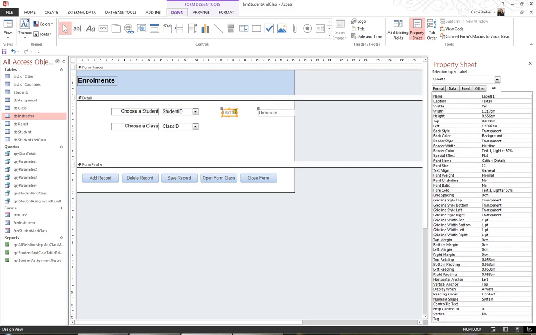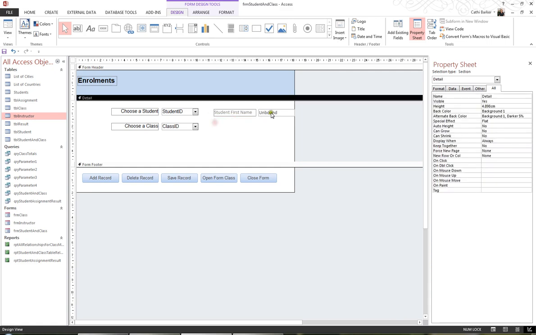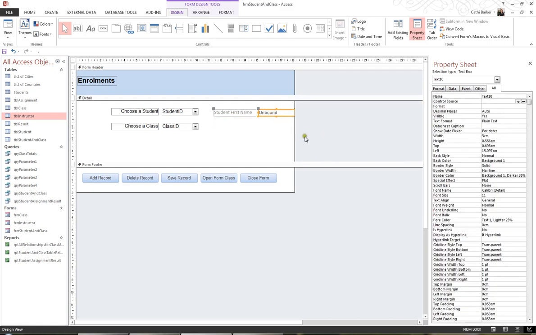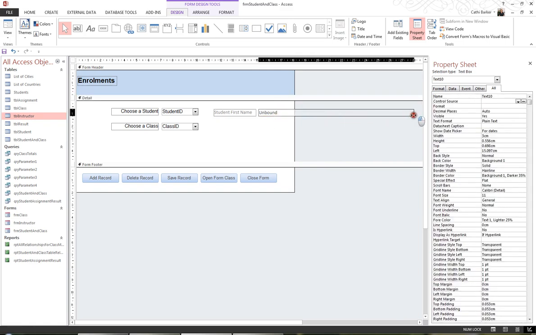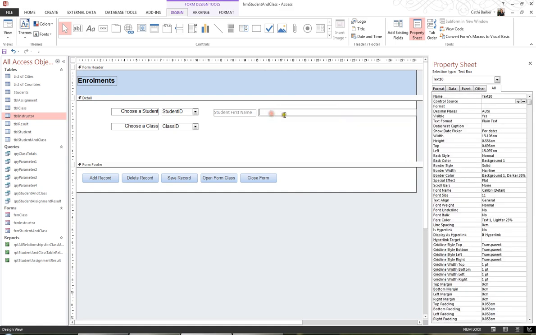I'll give it the label Student First Name, which explains what I'm viewing. And in the unbound section, I'm actually going to enter my formula. So I'll click in here. Now I'm thinking I might stretch it just for your viewing preference. And in here I'm going to type equals, I'll put the caps lock on just so it's easier to see,